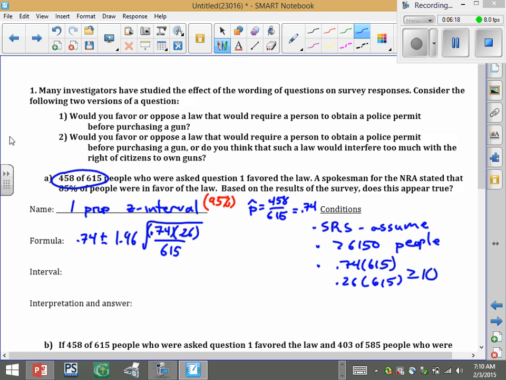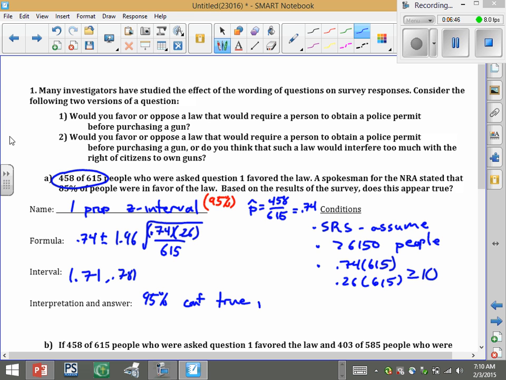I'm done with that, so I'm going to use the calculator. For the one prop Z interval, we have x is 458, n is 615, and my confidence level is 0.95. I'm going to calculate that. I get an interval of 0.71 to 0.78. So I'm 95% confident